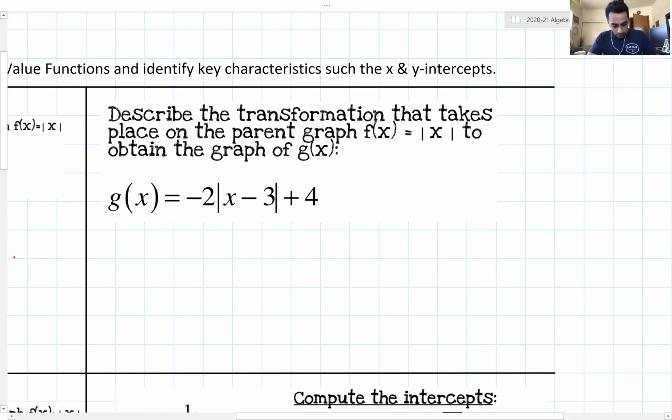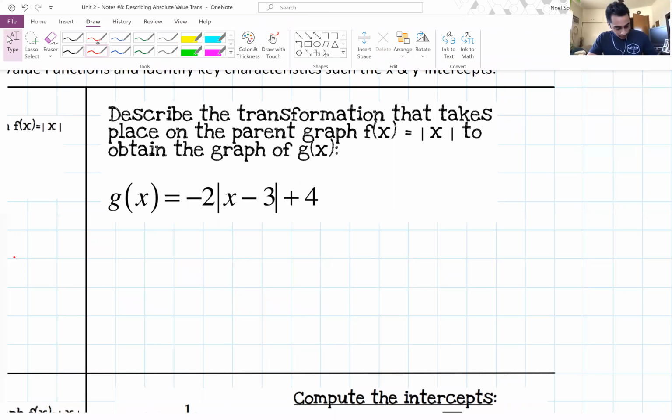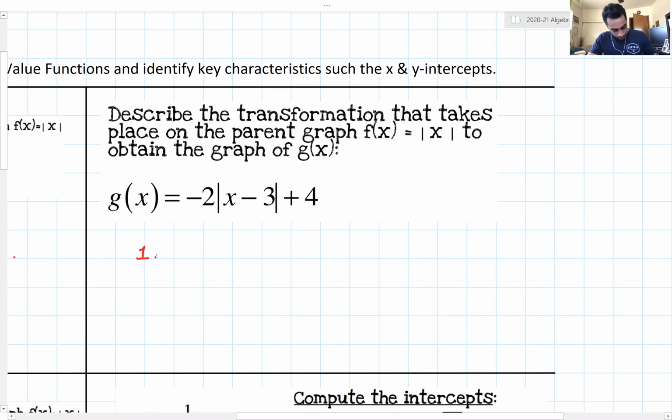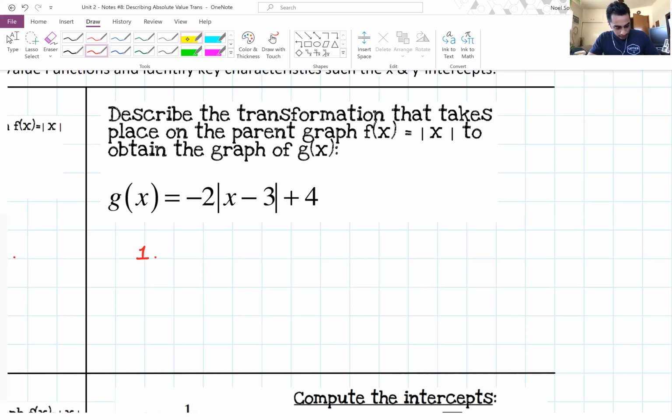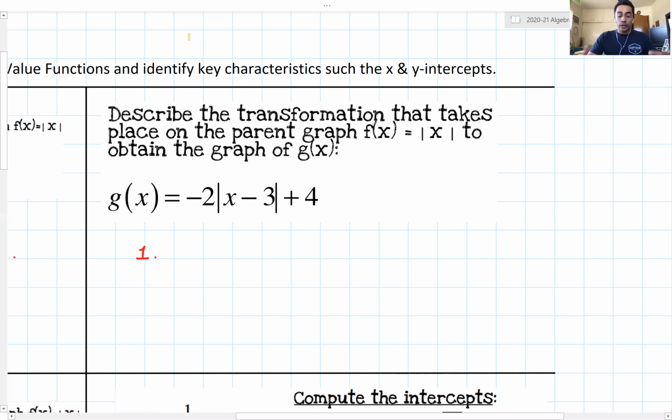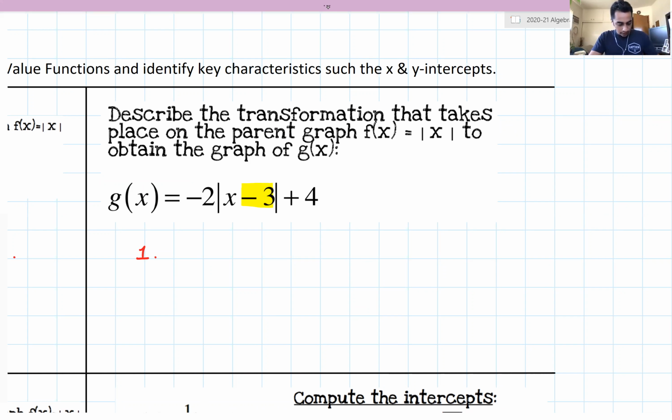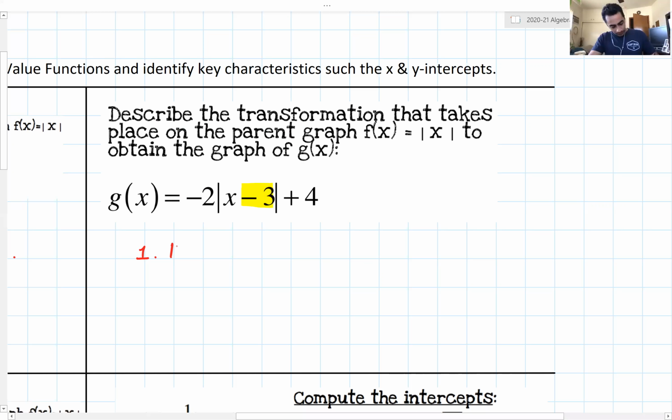So this time, you guys help me, walk me through step by step, okay? What is the first type of transformation that I want to identify, and where do I find it? Horizontal shift, right? And what would be the number or the sign that indicates the type of horizontal shift that I will have? Yeah, the -3, right? So that's nice and easy. It's easy to find right inside the absolute value. Okay, so since it is a -3, I can say that this is a horizontal shift